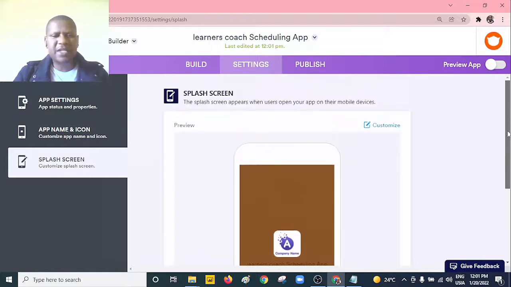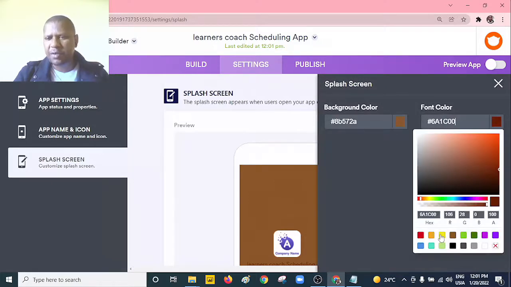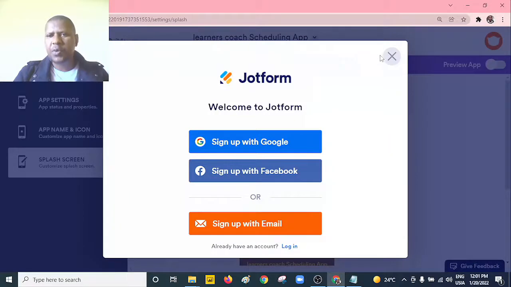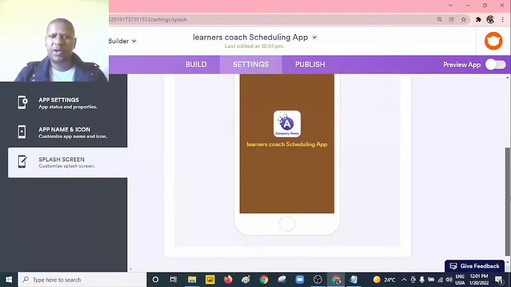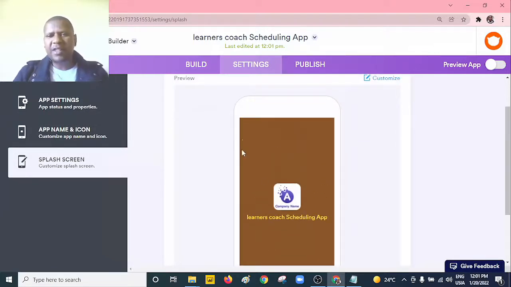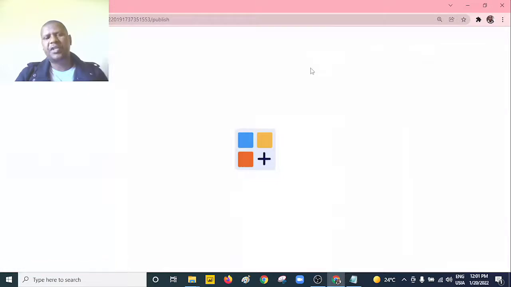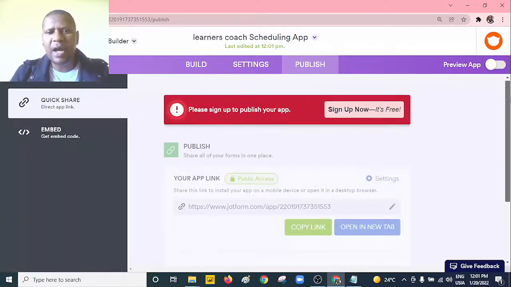So after you have adjusted your splash screen, yeah, let's change the font color. They are almost the same. You can put a yellow one, right? So that at least you have your nice looking home screen or splash screen. After that, the next stage is to publish, right? So that is the final step, and this area allows you to